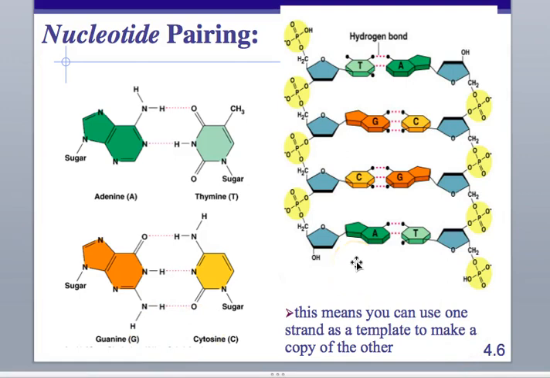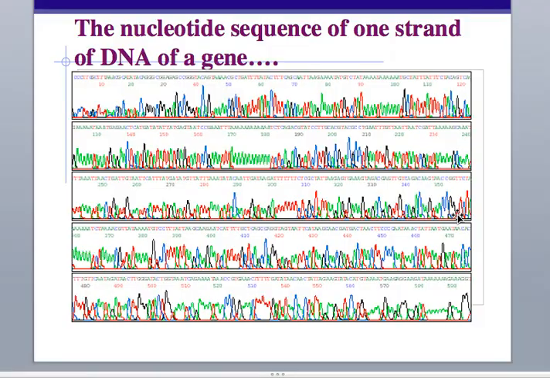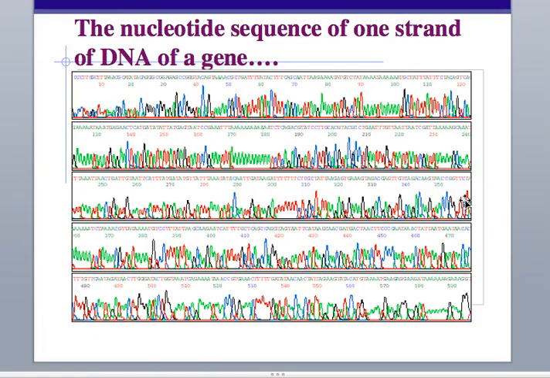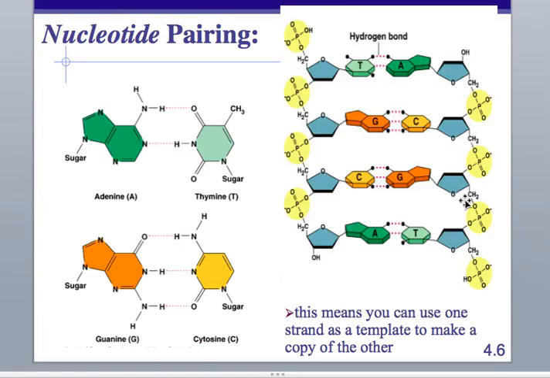Since DNA is double-stranded, it points in one direction this way and then in another direction this way, which means you can use one strand as a template to make the other, which is nice. So when you're doing DNA synthesis, you just read down one and you read down or up the other in little fits and starts, and you end up getting two brand new DNA copies off of two DNA strands. So it works perfectly. Well, not perfectly, but it works as well as we want it to.